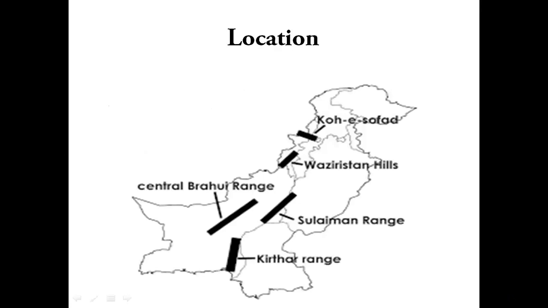Next one is the location, that how we have to learn the location and take an image of this location in your mind so that you can learn it. Here, Pak Afghan border. Okay, you know Afghanistan is over there. Which province is this? KPK. And Kabul is running from Afghanistan to Pakistan here. Okay, from here it is running. This is east west, okay, of south of Kabul River. Next one is